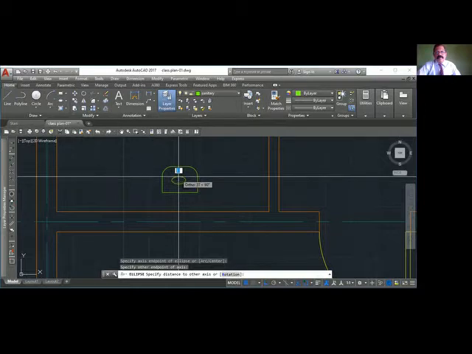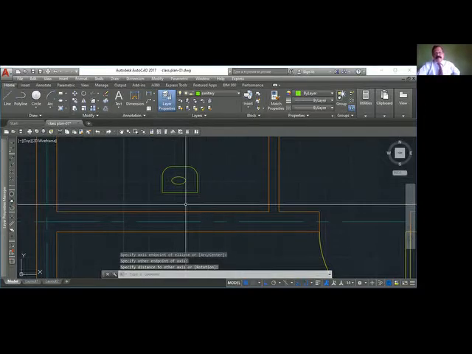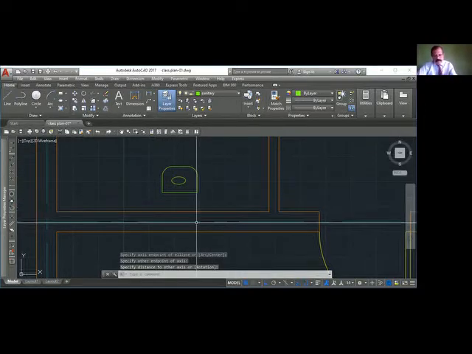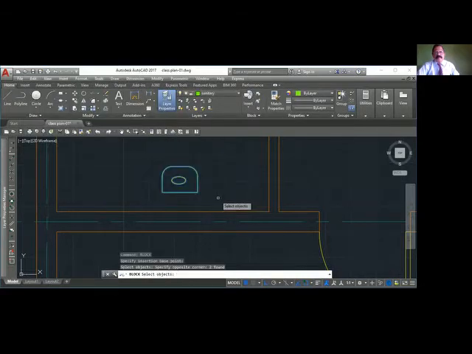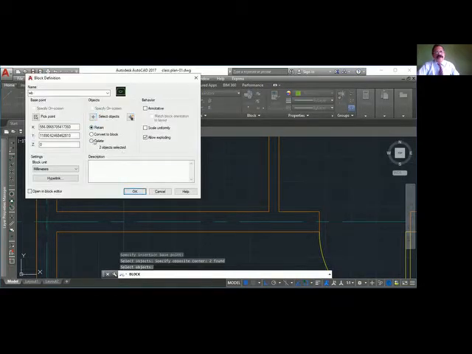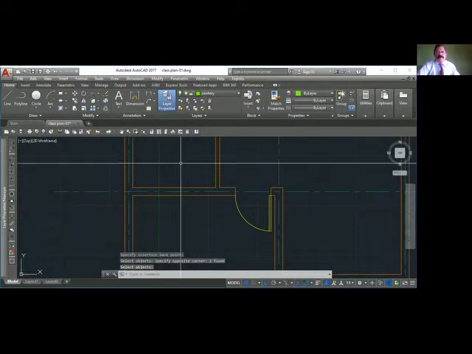Small ellipse. So this is my wash basin. I'll make a block. Wash basin, WB. Pick point. I will select the mid of this. Select object. I don't want the original. Delete. Okay, so I made a block there.